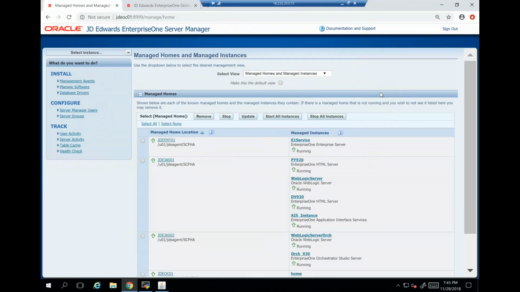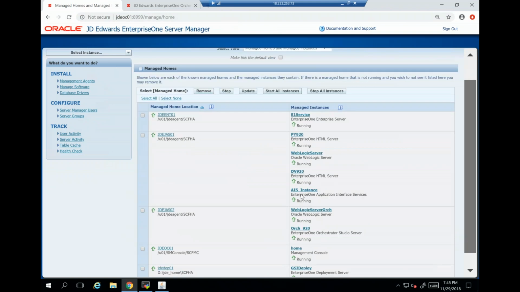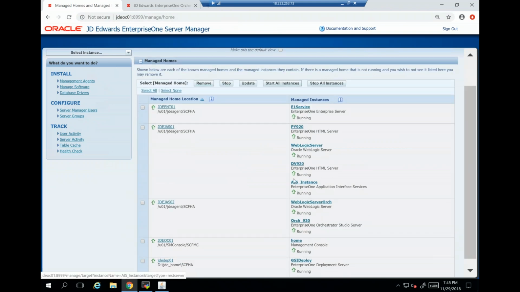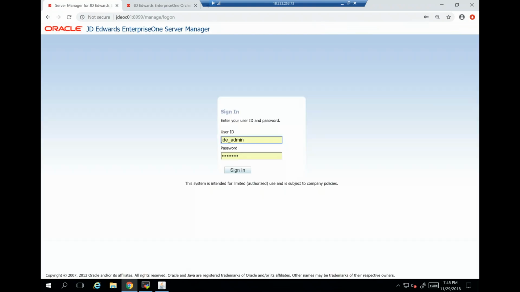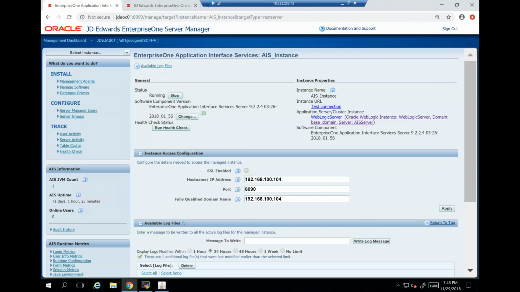Yep, all right. Better. Okay, so now we can see this is our reference architecture here. Now it's been a bit since I've been in it, so I'm sure it's going to time out here and I'll have to sign in, but that's okay. I'm clicking on the AIS instance. Just getting through it a bit. Yeah, of course, I'm sure I was timed out. I'll just click in there. So you can see I've got my AIS server. There's nothing really all that fun right there. But what I want to show you is I want to get into the